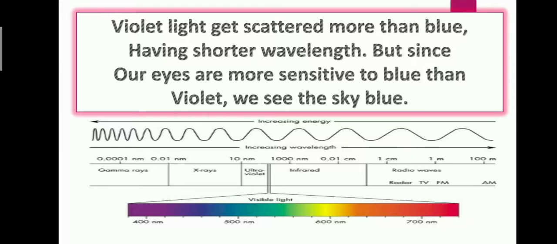Students, look carefully here. Our eyes aren't sensitive to the violet light, so that's one reason we don't see a violet color. And if you look into our solar spectrum, that is the characteristics of the sun's radiation, you can see that the part of the violet light is very, very less. Blue light is contributing more to the solar spectrum compared to the violet color. So here are the two important reasons. One reason you can give is, our eyes aren't sensitive towards the violet color. Our eyes are very much sensitive towards the blue color.